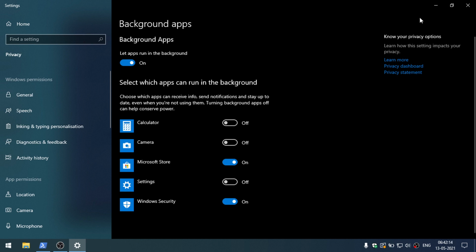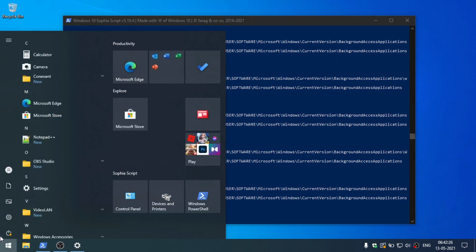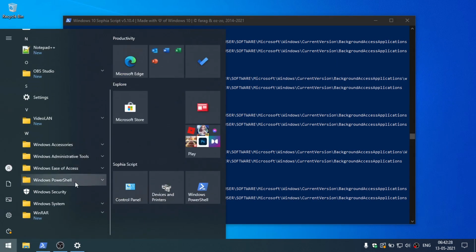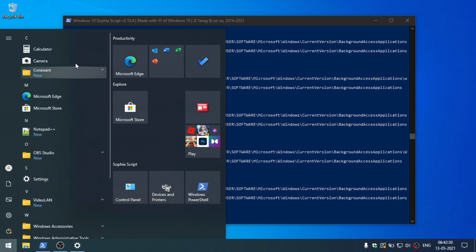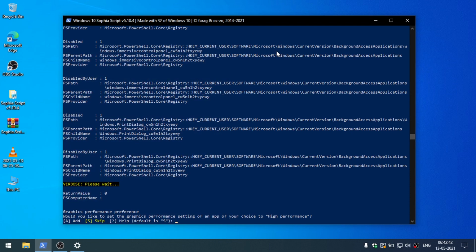This window came up automatically, so it is asking, do you want to keep any background process to run? I don't want, so I'll move this and minimize it. I'll again select this. You can open this and check. So as you can see, all the bloatwares are removed and it is removed from the core. I mean, every registry key related to any software has been removed, so there is no bloatware now. It is completely clean.